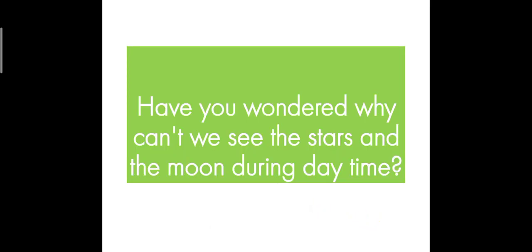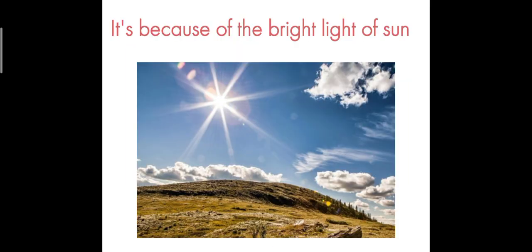Next, children, have you ever wondered why you can't see the moon and all those bright tiny objects during the daytime? Children, you know, during the daytime also the moon, stars, everything is present, but we can't see them. The reason behind it is the sun. It's because of the bright light of the sun. We cannot see those objects. Everything is present in the sky, but because of the bright light of the sun, we cannot see those stars,